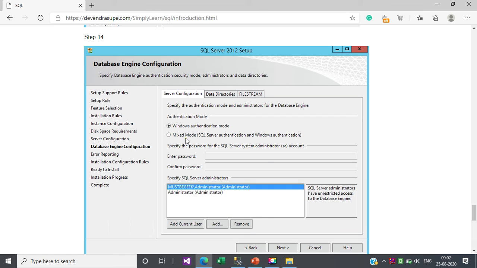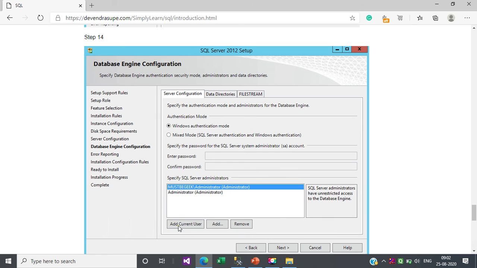If you select Windows authentication mode, then you can work only on the local server itself, and if you choose mixed mode, then you can work with both Windows and server authentication mode. I will tell you how to connect with the server through Microsoft SQL Server. Don't worry about it, but you can just select the Windows authentication mode here.